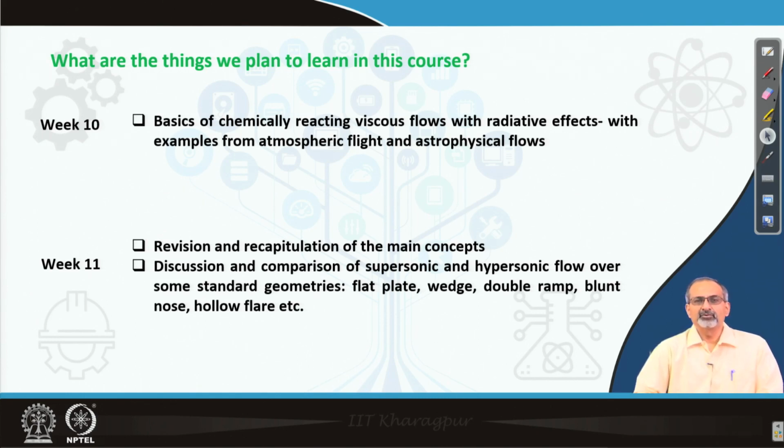Discussion and comparison of supersonic and hypersonic flow over some standard geometries like flat plate, wedge, double ramp, which is more like a double wedge with two different wedge angles juxtaposed, blunt nose or a hollow flare, different kinds of standard geometries that we are talking about. What happens when you have a supersonic flow past such a geometry or a hypersonic flow past such a geometry? There must be some distinctions we should be able to see in the flow fields. So, we will try to look at that,